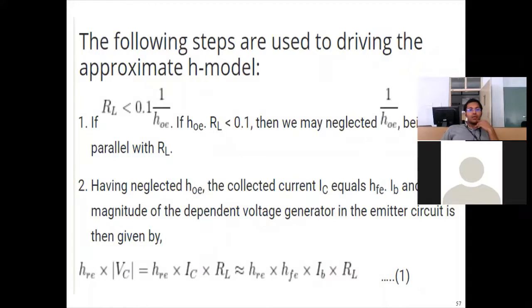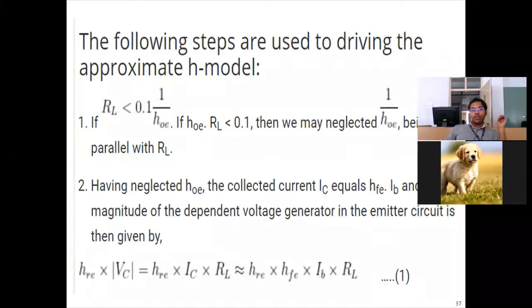Yes, what will that be? 0.99. Very good. Okay, one of your friends calculated 100 kilo ohm into 1 kilo ohm divided by 100k plus 1k. The parallel combination of 100 kilo ohm and 1 kilo ohm is 0.99 kilo ohm. Can I approximate it to be 1 kilo ohm?